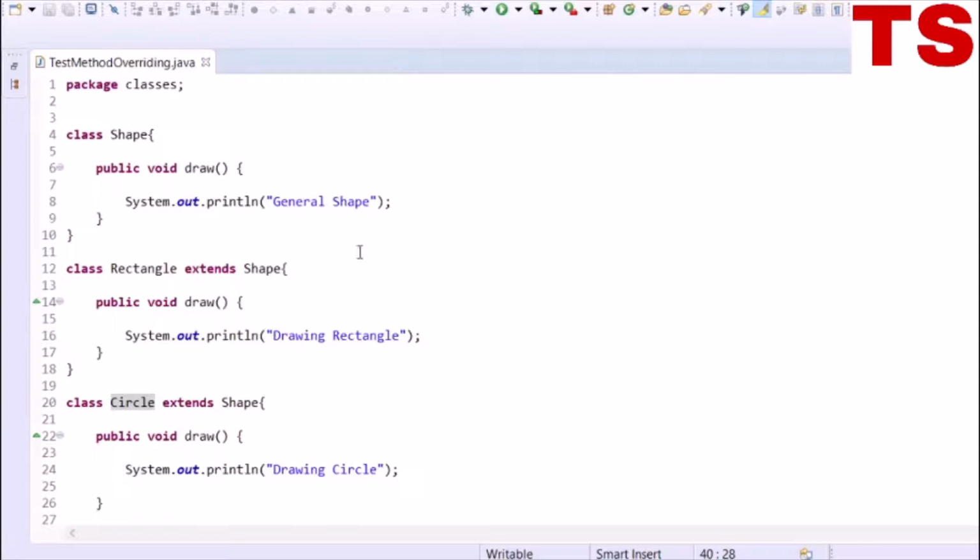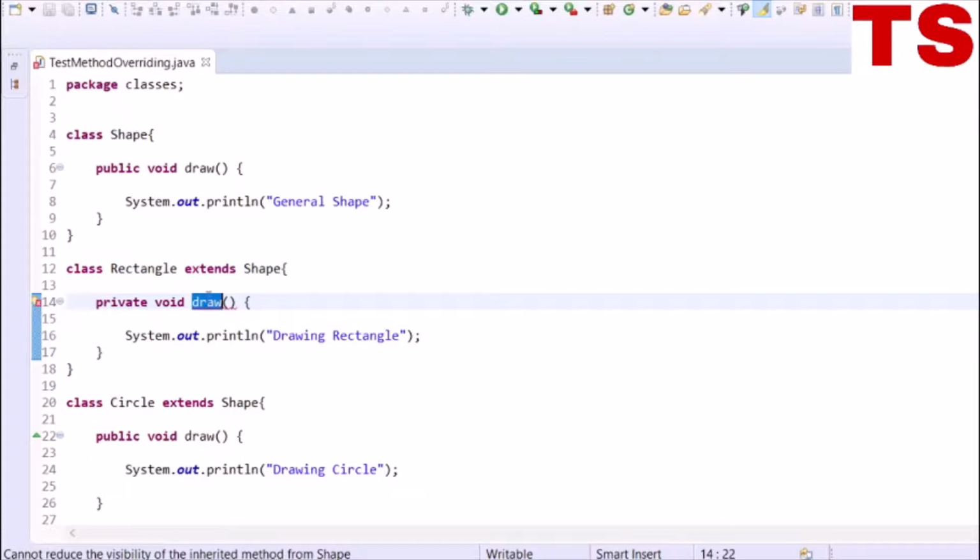Now let's make some changes here. Let's try to make this private. Now we will get a compile time error, which says that you cannot reduce the visibility of the inherited method from Shape.